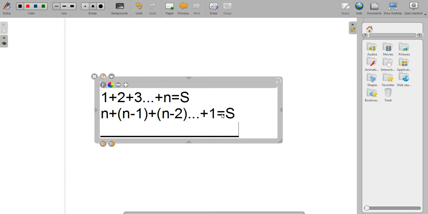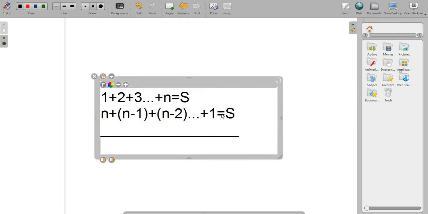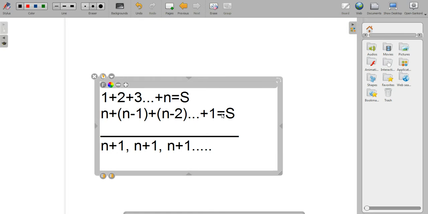Well, there's an interesting thing. If you start adding the first one with the last one, you get n plus 1. If you add the second one with the second last one, you get n plus 1. You add the third one with the third to last one, you get n plus 1. Dot, dot, dot. So basically, you have n plus 1,